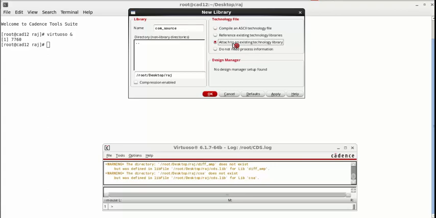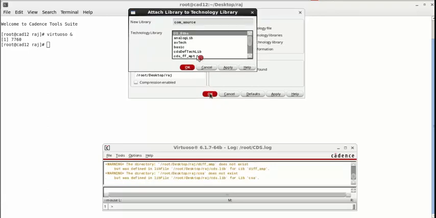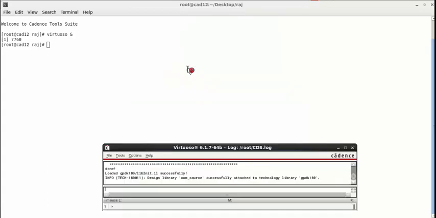We have done this step already for the inverter, so it is just a revision. Here we select GPDK 180. Okay, our library is created.